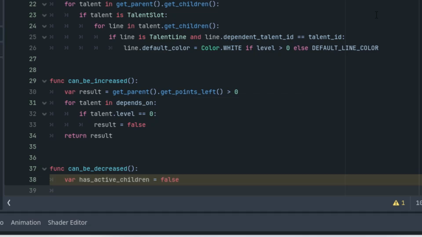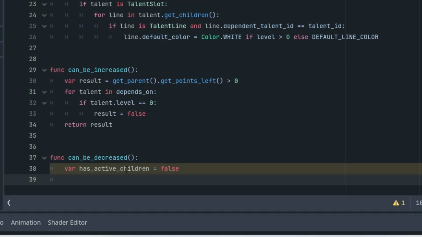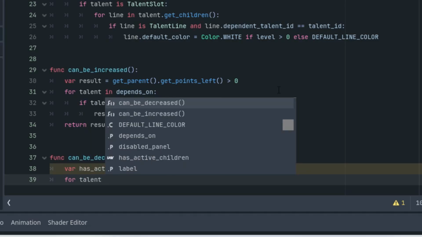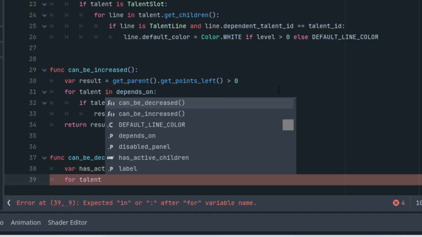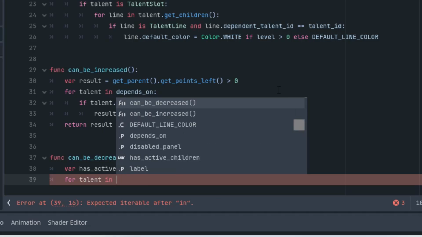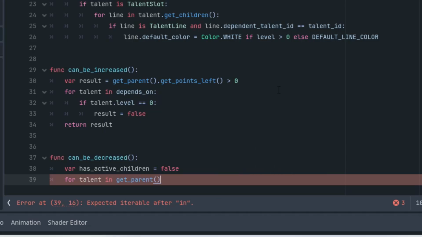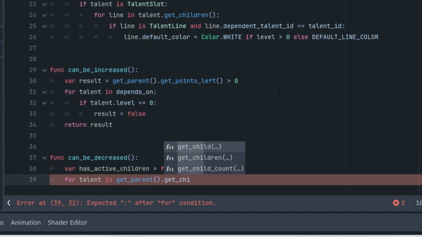Notice that when I have some kind of an unused variable in the function, Godot 4.5 automatically marks this line with some shade of brown, which is a new feature in this version. Okay, so we know that we should do something with this variable or remove it if we don't use it at all. In get parent, get children,